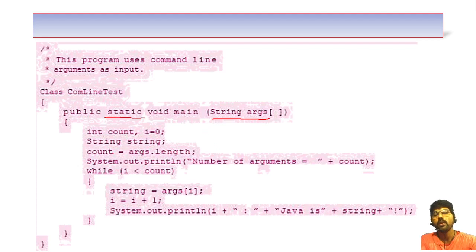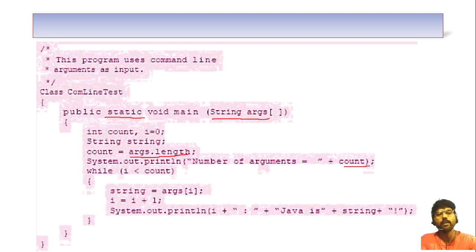Now, in this program, I have created some variables: count, i, and string. Then the important part is here, args.length. This args.length gives the number of parameters you pass to the main method. This is just displaying the number of arguments here.